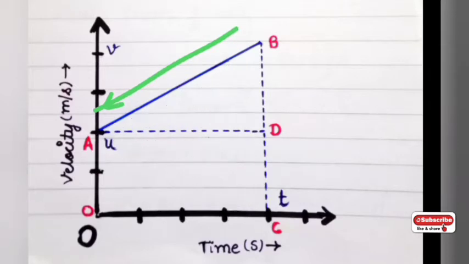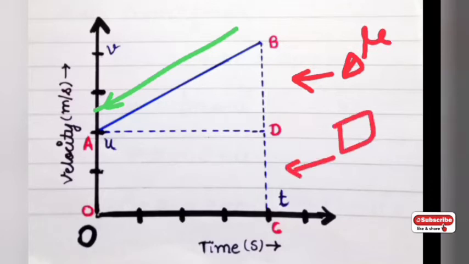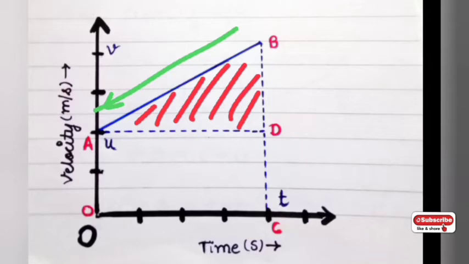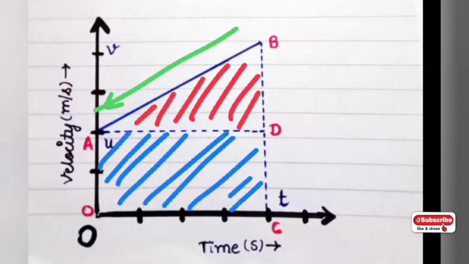The most basic thing is that here you can see two different shapes. Here you can see a triangle, and here you can see a rectangle. So using these two shapes you can find out the area. The triangle ABD, area of ABD, plus you will add the area of OADC. So these are the two areas. When you find the area of these two shapes, which are very easy to find, I hope, next you will add both the areas so that you can get the distance.